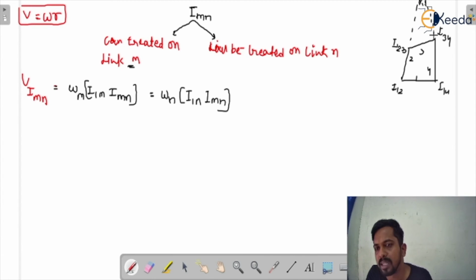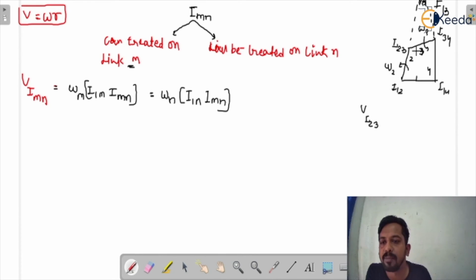This is a rough diagram, you must understand what I'm going to show you. That is I13. Now see here, there are link 3 and link 2. If I have the angular velocity of link 2, that is omega 2, and the angular velocity of link 3, that is omega 3, I can write here V of I23, that means velocity at that point, that's equal to omega 2 times I12